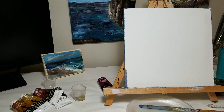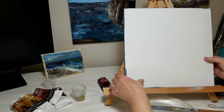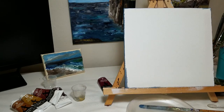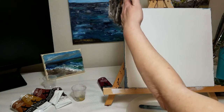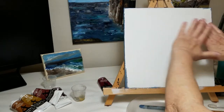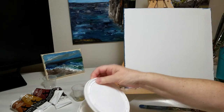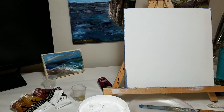I'm not totally sure yet what I'm going to be doing with the painting, but I've already painted the sides. It's not quite dry yet, but I painted the sides with a mixture of Payne's gray and white because I wanted them finished off in some way, and I wanted it to match somehow the front of the painting. So to get started, I will put